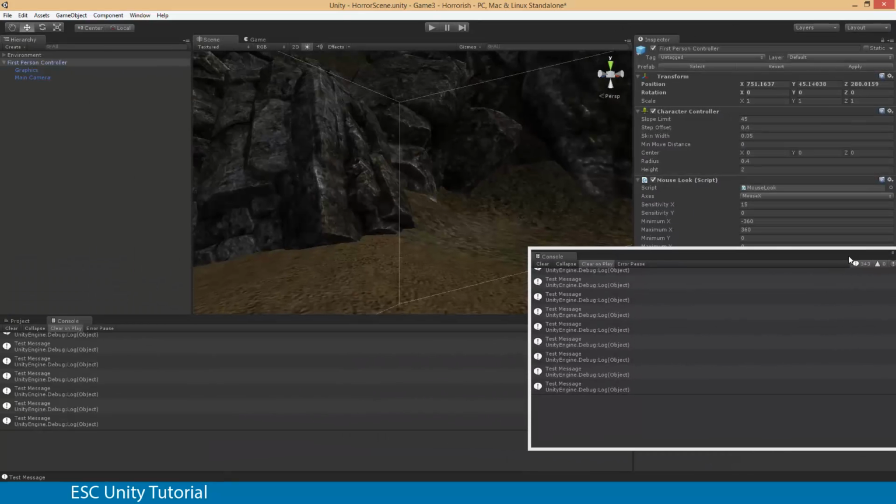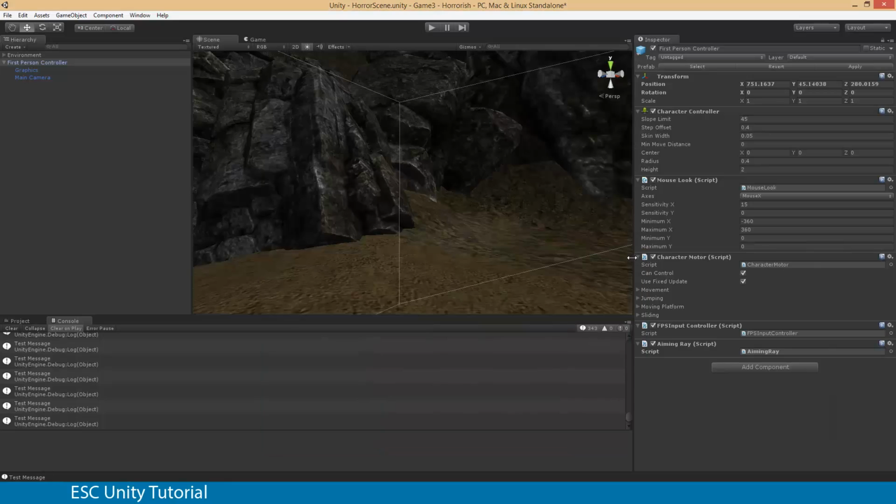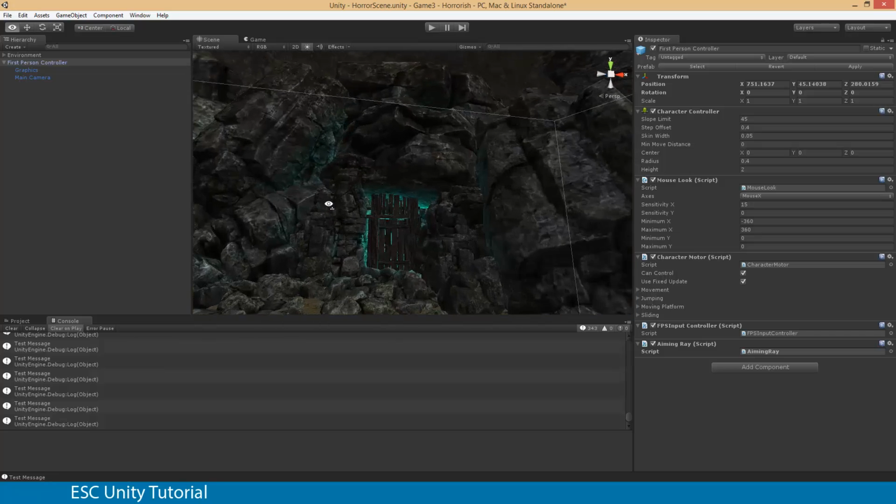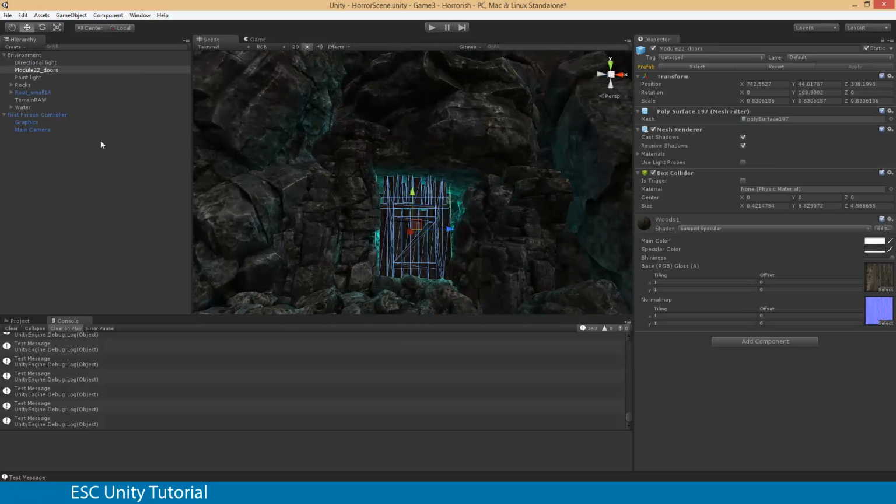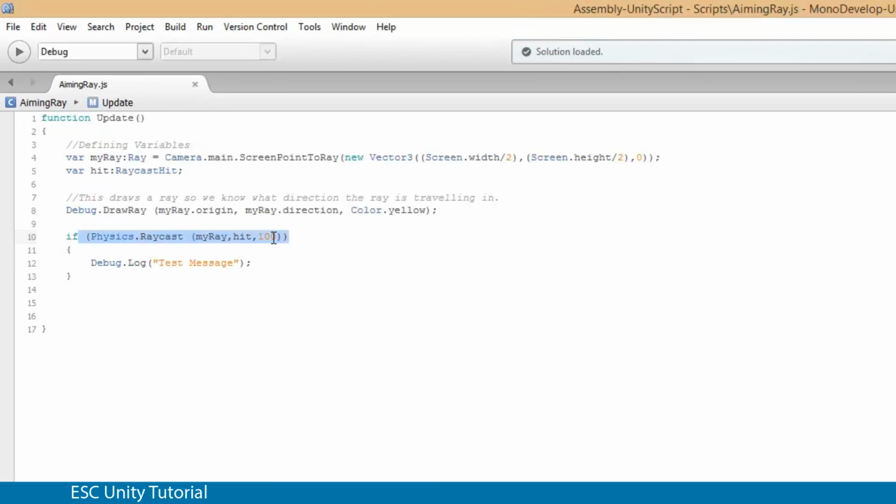But I don't want everything to be working in that way. I don't want everything to work to give me a message saying press E to open the door. I only want that actual door to be that. So I've got this module 22 underscore doors, and it's not tagged. So what I'm actually going to do is I'm going to create a tag called entrance. And then I'm going to, in my code, if it hits something,